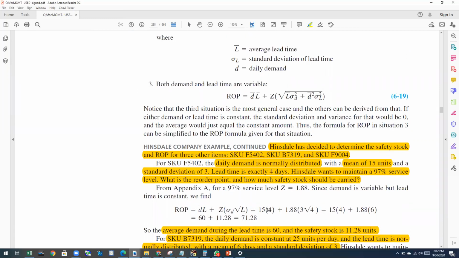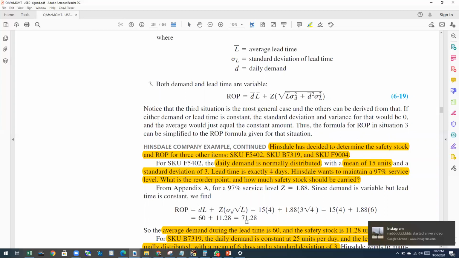Average demand 15, lead time is 4 days. 15 multiplied by 4 plus 1.88 multiplied by 3, that's the standard deviation. That's the deviation of demand. 3 multiplied by square root of 2. And we get a reorder point of